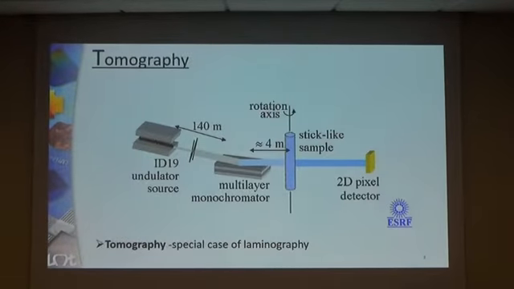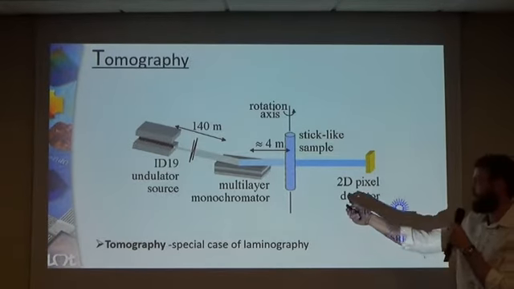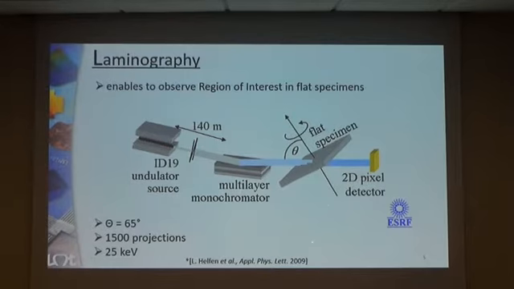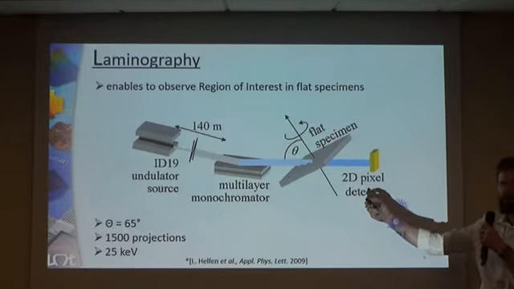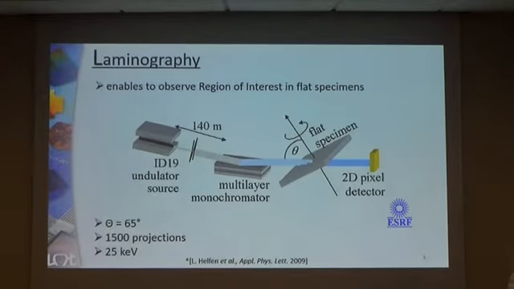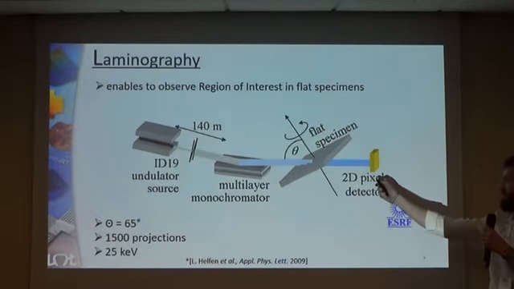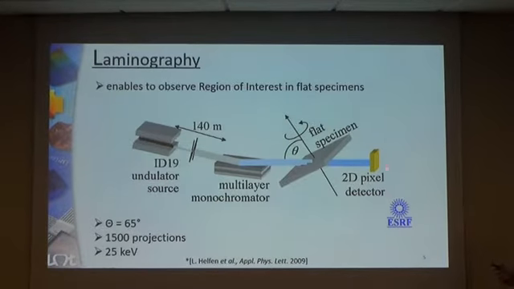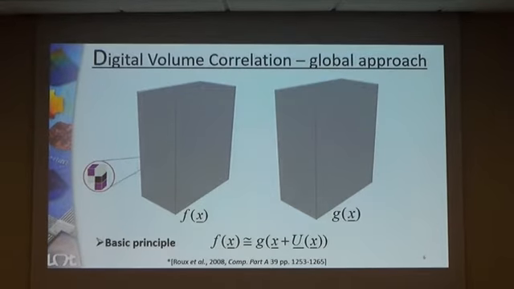So unlike tomography, which is limited to stick-like sample scanning, laminography enables us scanning of laterally extended objects. In the context of mechanical experiments, this means that we can use flat specimens. When we use flat specimens, we can apply more engineering relevant boundary conditions. So the object is rotated around its axis while the projection radiographs are acquired, and they are used with the help of specially developed back projection algorithms to build the reconstructed volumes, as shown here.